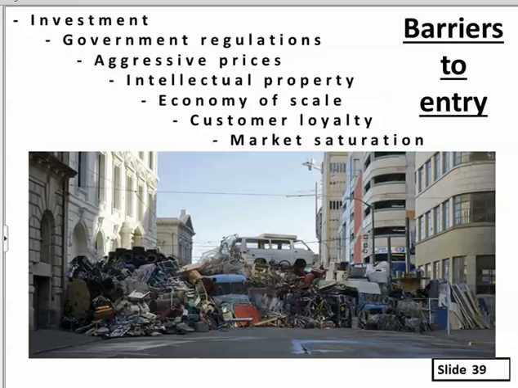Intellectual property, what is that? Well, if you have created something, let's say software, and you have that copyrighted, now you own that product, okay? And if the underpinning of that particular industry is a product that someone has copyright protection on, then it's going to be hard for you to compete with them unless you come up with something that's totally different but does the same thing. So you may have that problem to deal with, or competitors may.